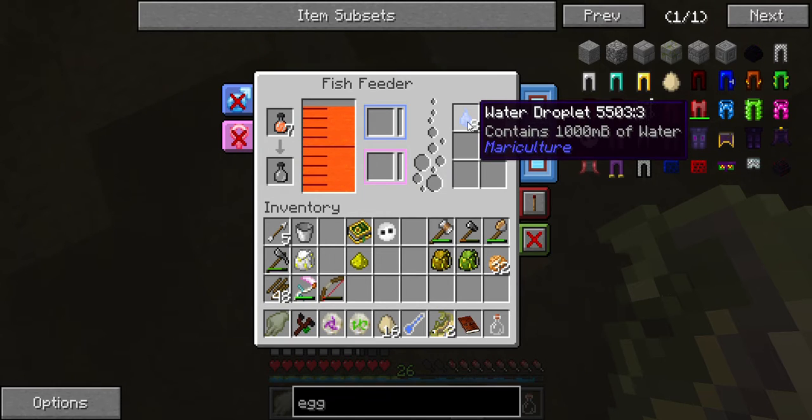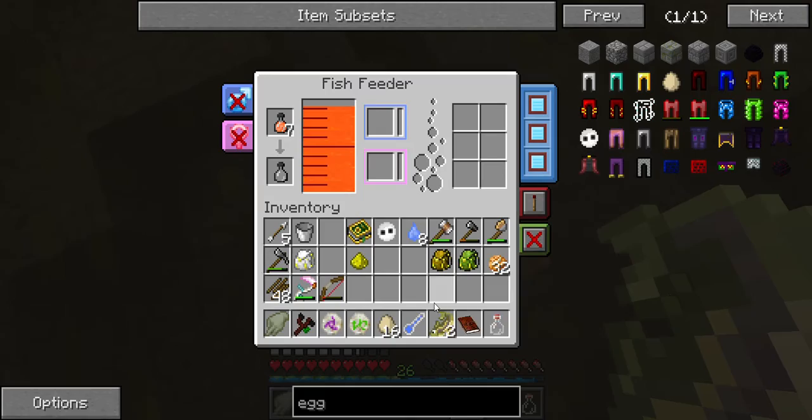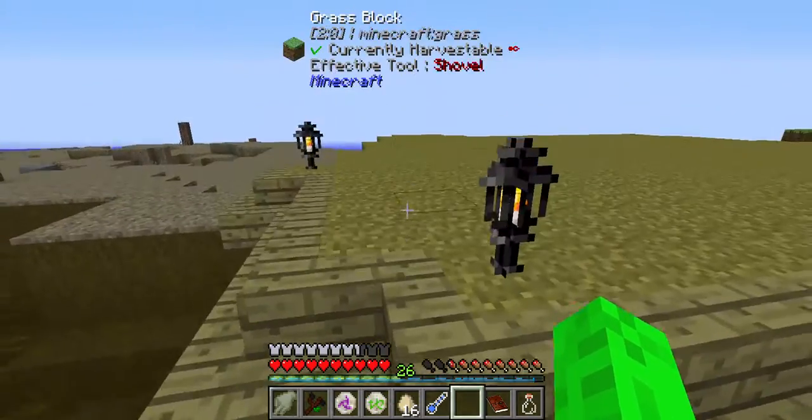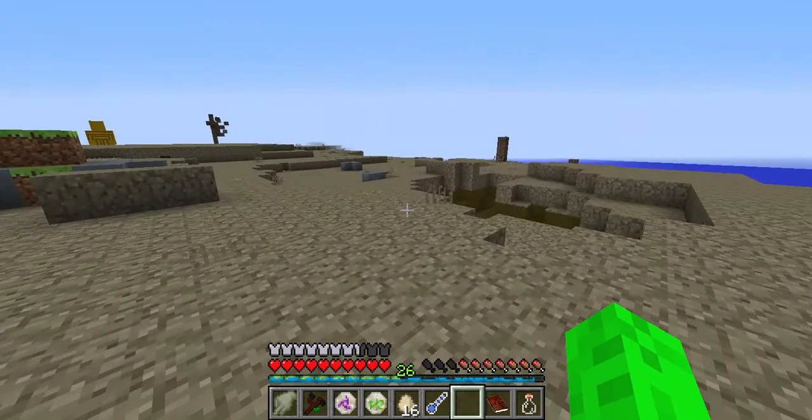And then water droplets are pretty much buckets of water, but I think there's crafts for those, so we're going to keep those. We'll go over and check the mana rays real quick, too. I should replace them, but I'll do it off camera. It's not like a really big...